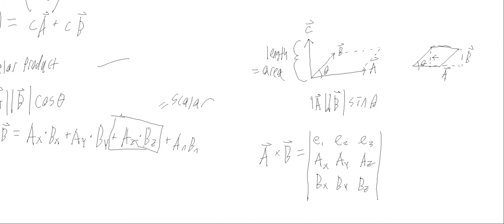And then what you do is you go down along these basis vectors here. And when you're at E1, then you take